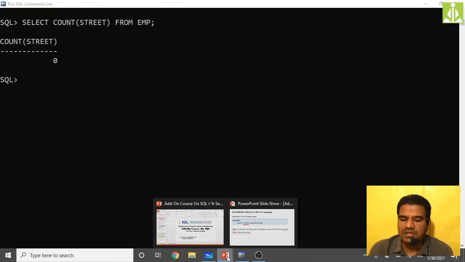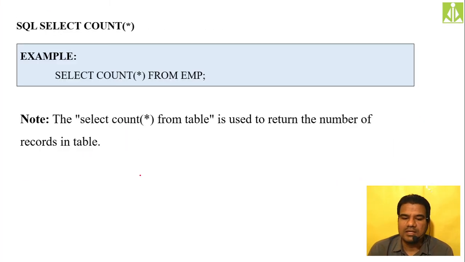Hopefully you understood. So the next thing we have here is counting star. Let us assume you want to count all the records present inside the table. Depending on which particular field, there is confusion, because some fields may have empty null values. If a particular value is not there, it will not be counted, and you will not get the proper record count.